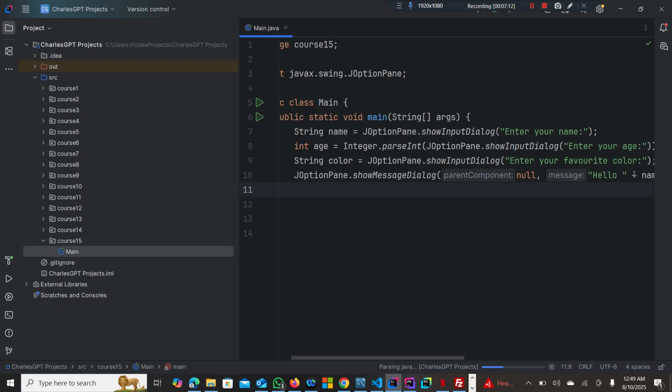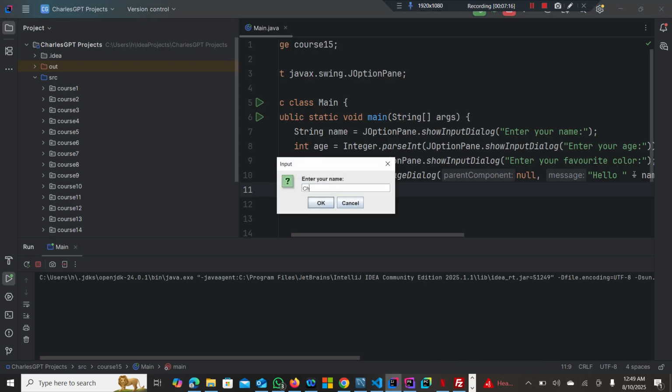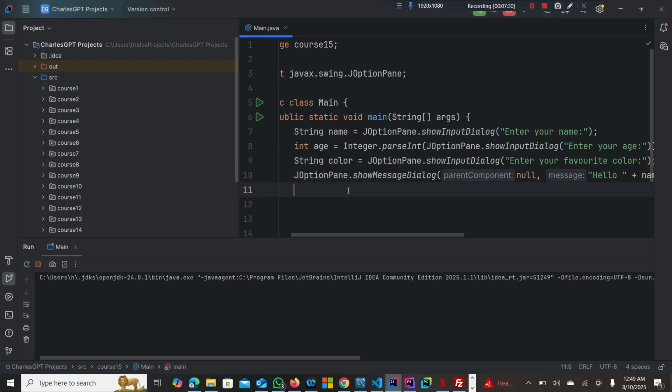So if I run the program now, you'll see enter your name, Charles. Okay, 20. Okay, yellow. Okay, so you see, hello Charles, you're 20 years old and your favorite color is yellow. So that's just what it is for the show message dialog. So you see the input dialog collects the information and the message dialog is just to show information. So the next and last thing I'm going to show you just for fun is the one that we're calling